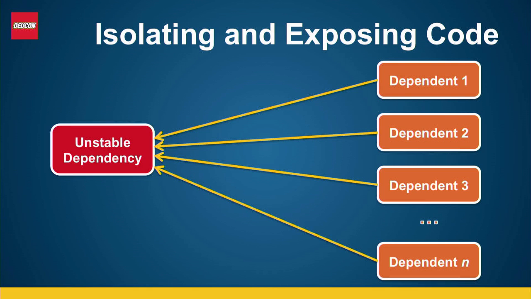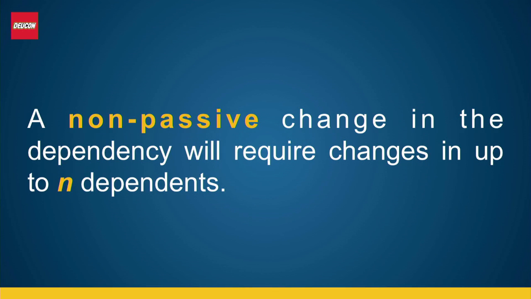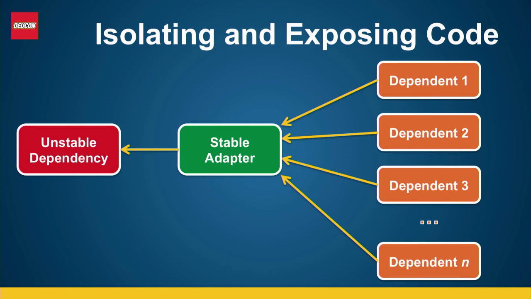It lies in someone else's code that's either inaccessible directly or we just can't do anything about it once it changes. And the problem with that is when a non-passive change happens, that ends up in us making changes in up to and places where it was actually used. Well, that's a problem if it happens one time, but imagine if it happens multiple times. That ends up in a very, very hard tangled mess, and it makes it really, really brittle in terms of maintainability. A possible way to fix that is to inject some stable code in between our consuming dependent code and